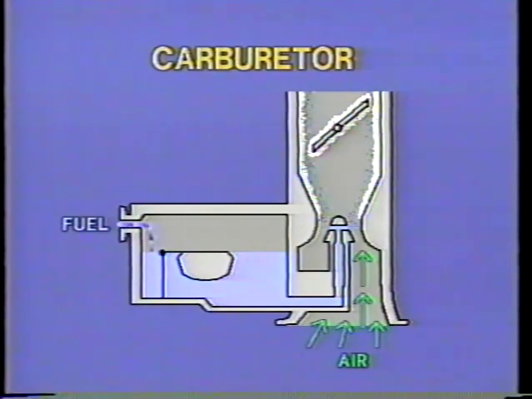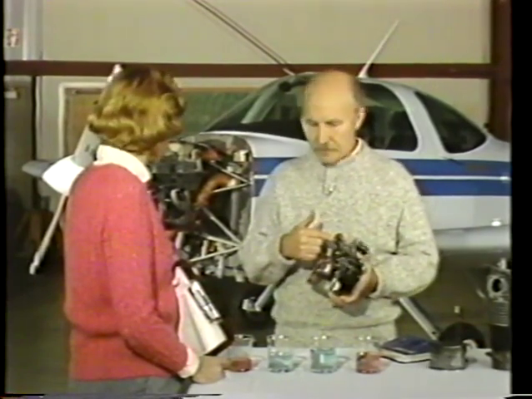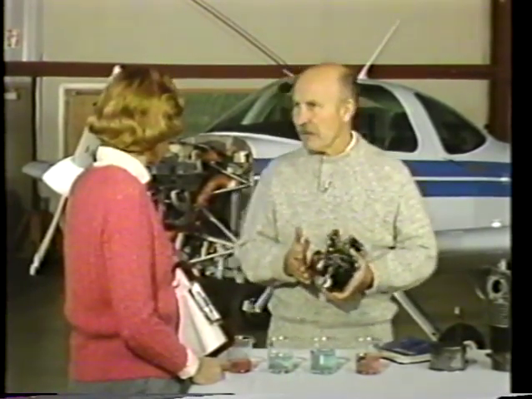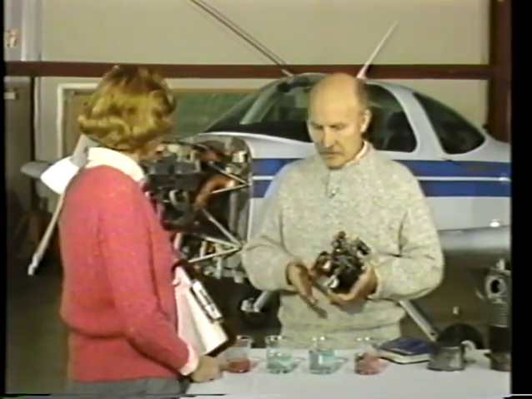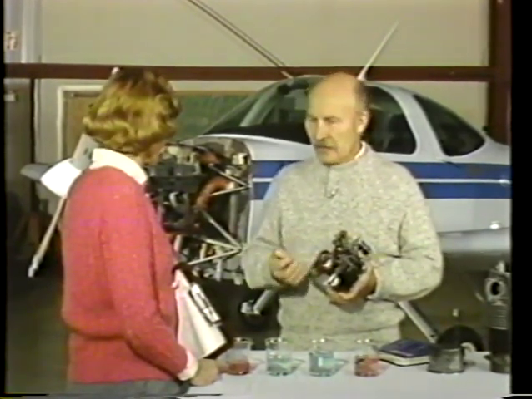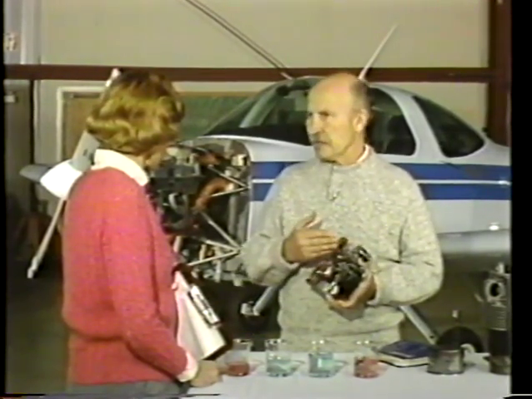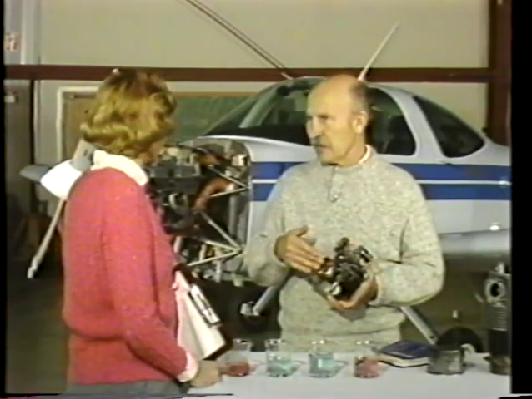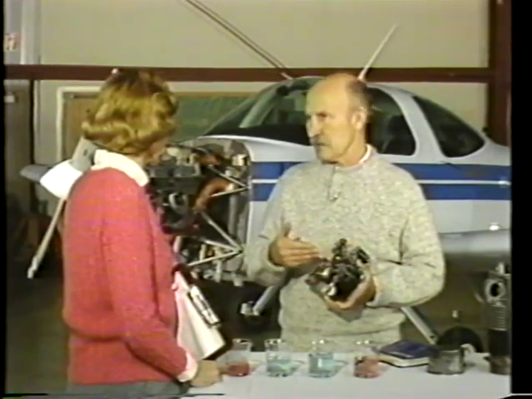If this happens, what we're going to notice in the engine is a drop in RPM and possibly some roughness because it's disturbing the airflow, cutting down on the amount of fuel that's going to the engine. So to correct this, we have a carburetor heat control in the cockpit. As soon as you notice that you're getting this indication of carburetor ice, you should put the carburetor heat on full. And then what's going to happen is the warm air is going to come through here. We're going to get a slight decrease in RPM from this because of the warm air going in, and as the ice melts out, then we're going to get our RPM picking back up and the engine should smooth out